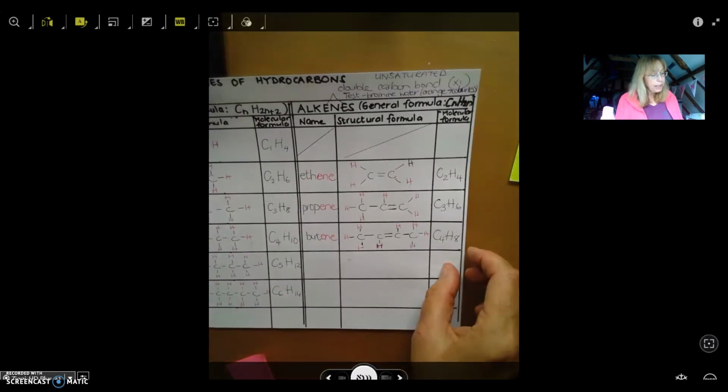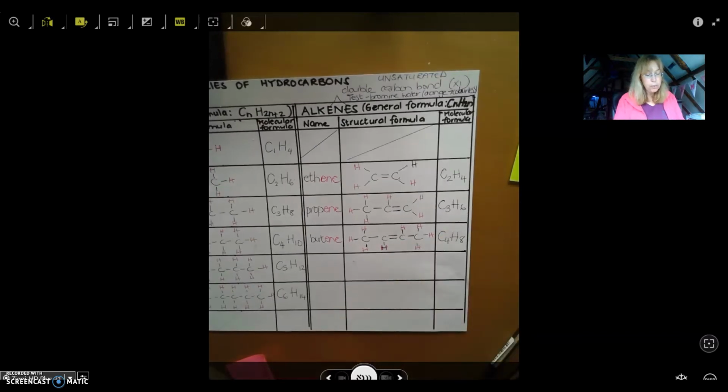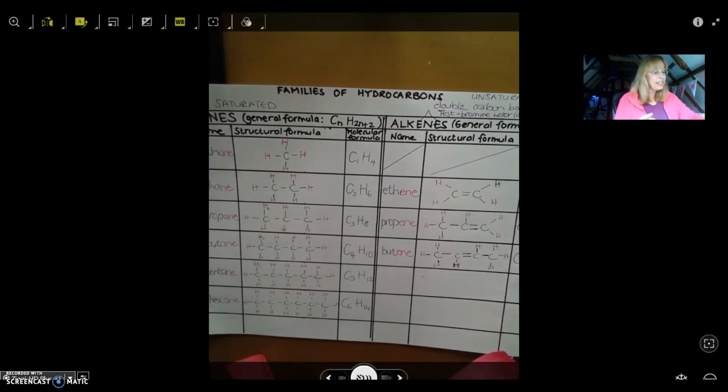Okay, so what I'd like you to do is draw all the alkenes for me, including the structural and the molecular formula and the name up to 10. Once your table is completely finished, you are done. And you can eat your marshmallows. Good luck. What I'd like you to do is, this week, take a photo